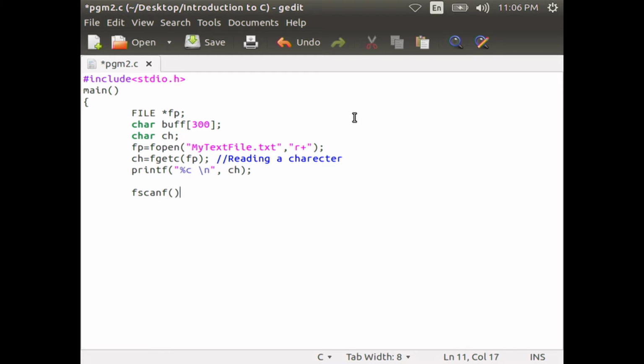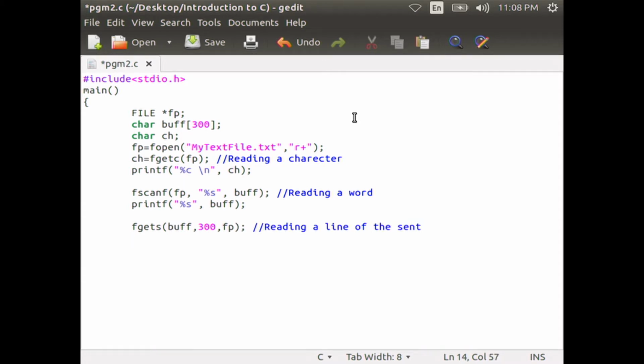fscanf(fp, "%s", buff); then you read the word, printf("%s", buff); then fgets(buff, 300, fp); so here you are reading the line of sentence, printf("%s", buff); then fgets(buff, 300, fp); then printf("%s", buff).